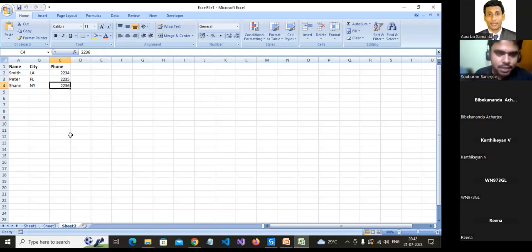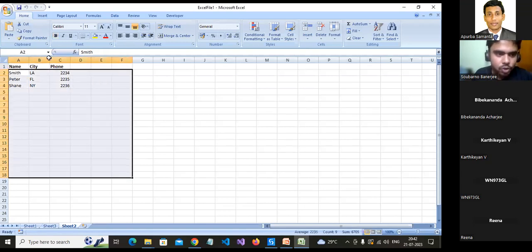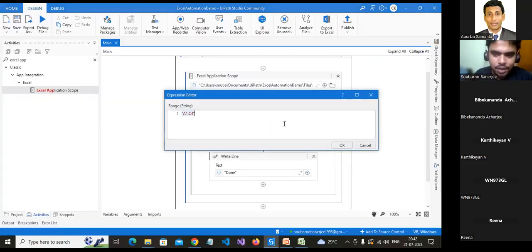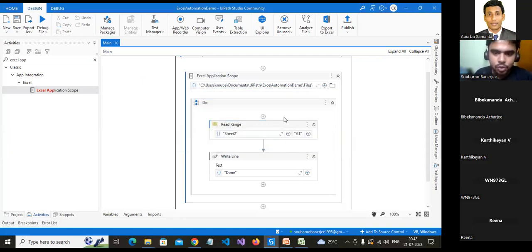I don't want to make this complicated for you, but for now you can go with this trick. Suppose something starts from a certain location, say A1, you don't know where it ends, and there's no other content in the Excel file. If you go with this simple approach, you can simply come here and put A1. That's it. No other thing is required because you know it starts from A1. And if we now debug this again,